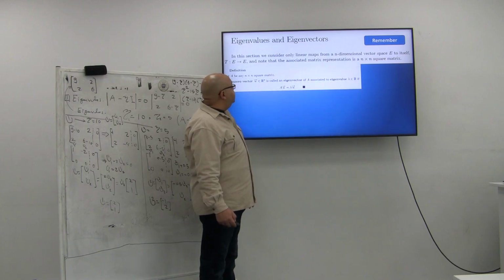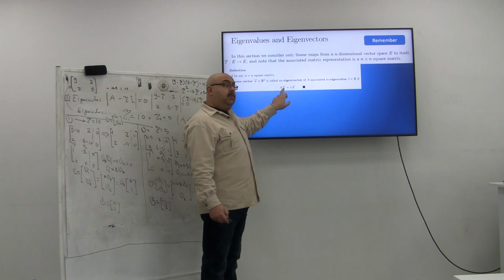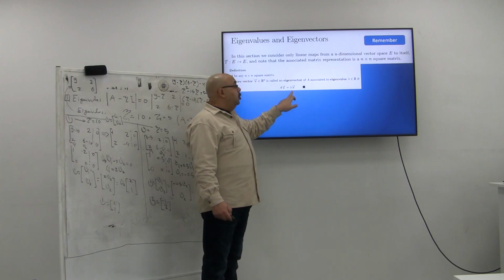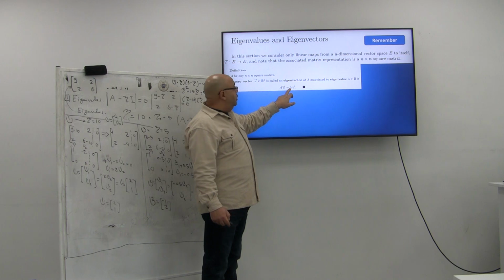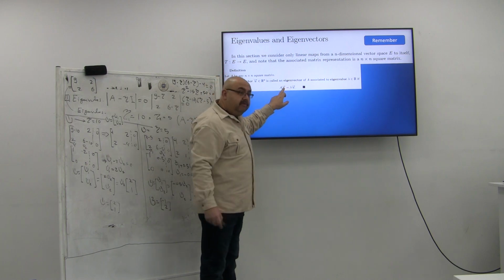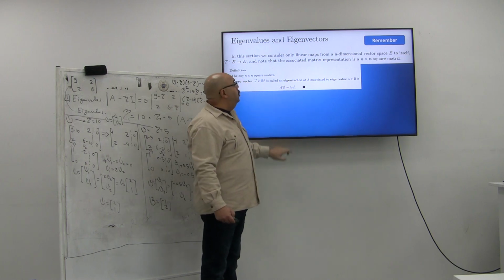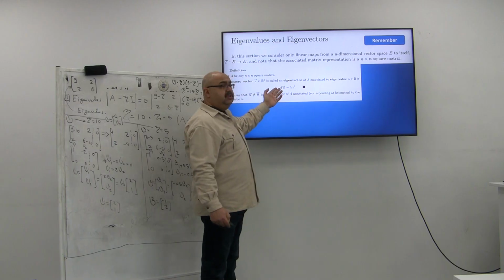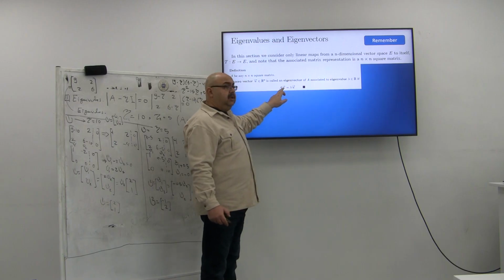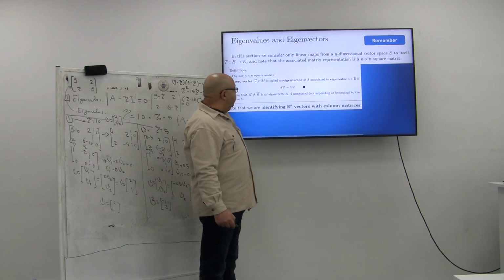Note that the associated matrix is a square matrix. So now I'm searching for A times a vector equal to lambda times a vector, where lambda is the eigenvalue and u is the eigenvector. I will bring them all to one side to solve this equation. Of course, u cannot equal 0, because then you have a trivial solution. So once more, we will go through the steps,